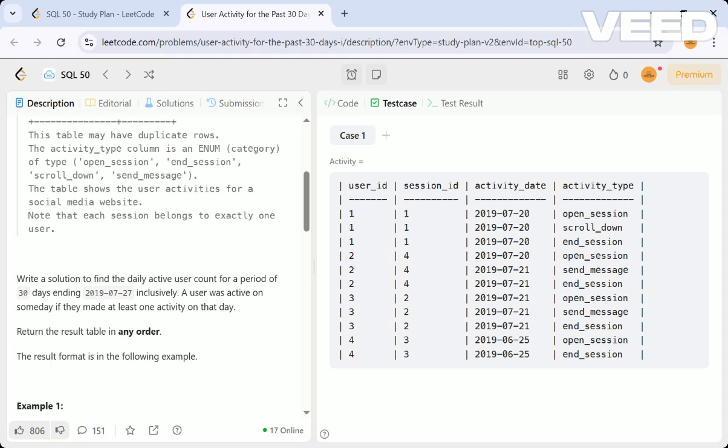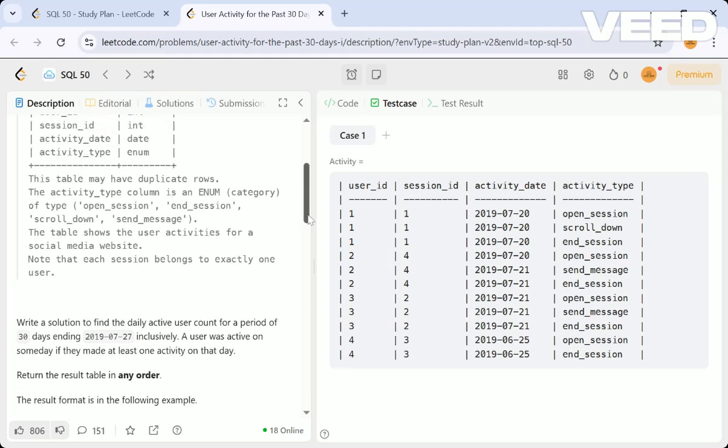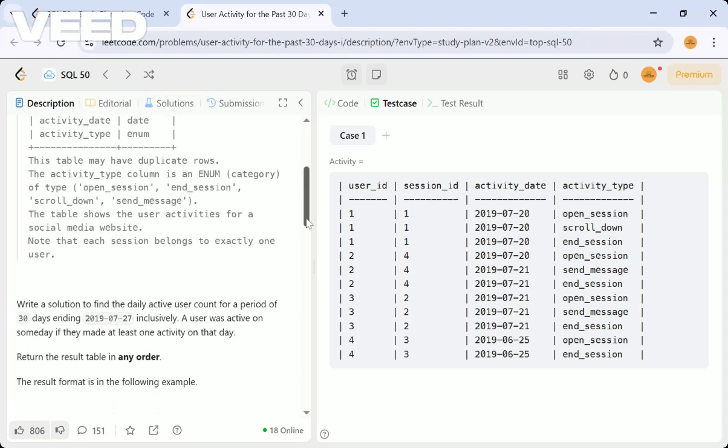A user is considered active on some day if they made at least one activity on that day. Even if they do just one activity, they are considered active on that day.